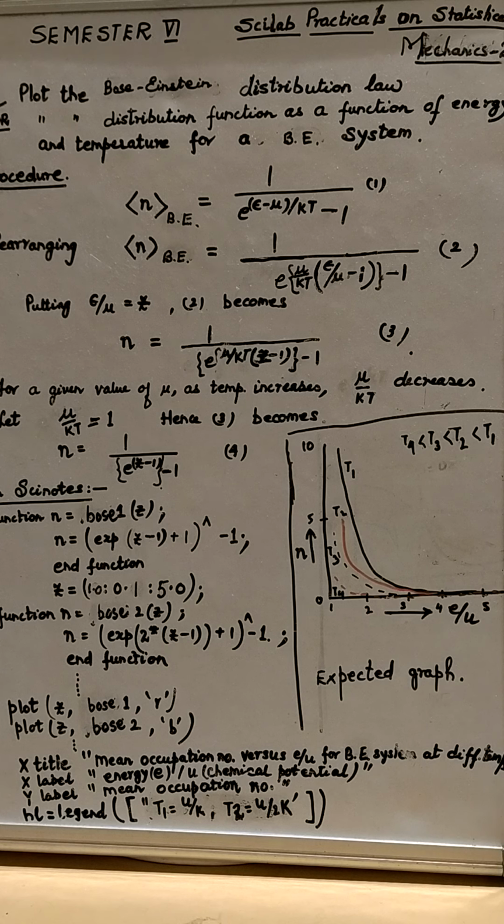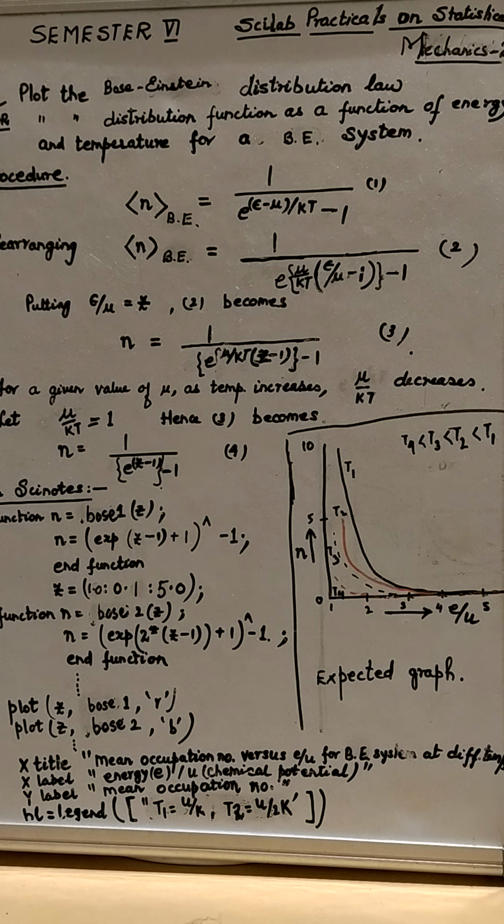The second property is the wave function must be symmetric, and the third very important property is that this type of particle does not obey the Pauli exclusion principle. That means any number of bosons can exist in the same quantum state. There is no restriction, unlike a fermion. Okay, so going ahead, let's go on to the procedure.